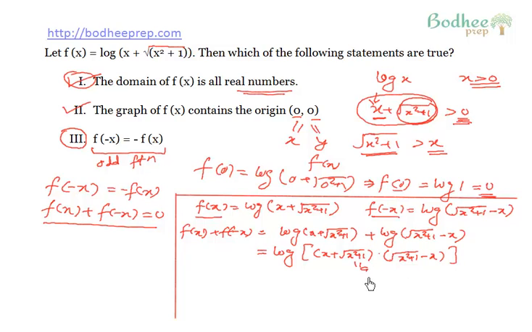Now this is a and this is b, so basically (a plus b) into (a minus b), which can be written as a square minus b square. So further I can simplify it and write this as log of (x square plus 1 minus x square). So these cancel out, and it is log of 1, which is equal to 0. So I can say that f of x plus f of minus x is equal to 0. That means it's an odd function, and I come to the conclusion that statement 3 is also true. So in this question all the three statements are